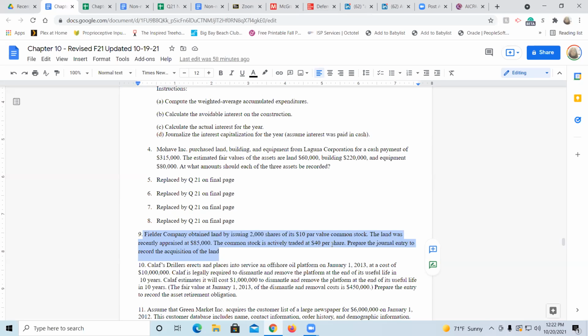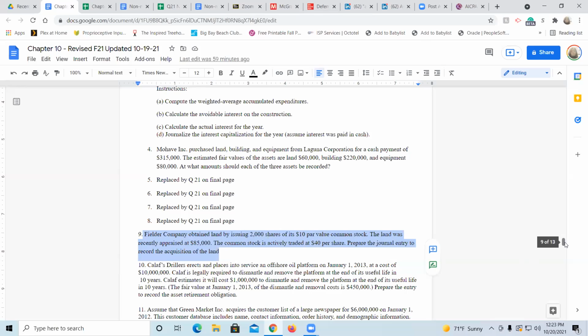So actively traded means that $40 per share is really the amount that you can depend on. It's not a stock that is listed, but it hardly ever trades. So prepare the journal entry to record the acquisition of the land. Now we're in a little bit of a quandary. Obviously, we know that we have to debit land and credit common stock and so on, but we could either use the 85,000 at which the land was appraised, or we could use the $40 per share for 2,000 shares. That comes up to